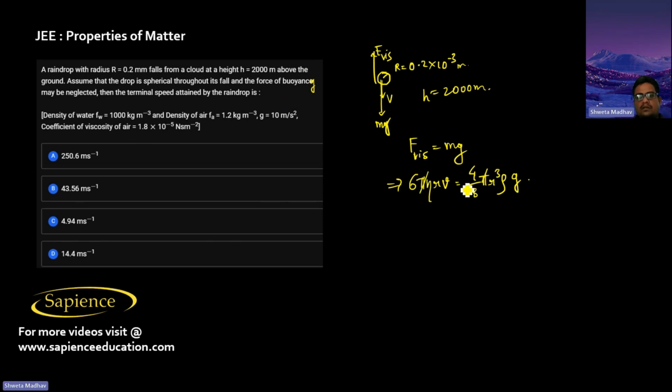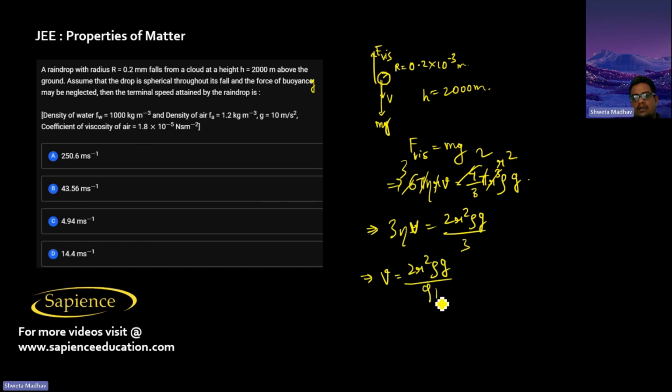So pi and pi will cancel out. 2 3s are 6, 2 2s are 4. R and R square will get, and we will get 3 eta v that is equal to 2 r square rho g by 3. So therefore, v that will be equal to 2 r square rho g by 9 eta. Therefore, the terminal velocity that is 2 into r square, which is 2 into 10 power minus 4 whole square into rho that is 10 power 3 into g that is 10 divided by 9 into